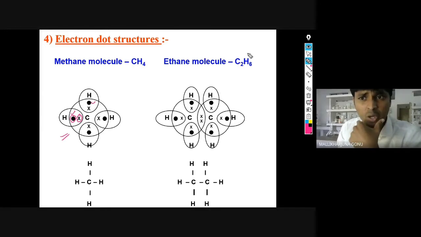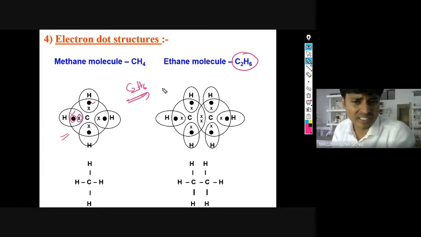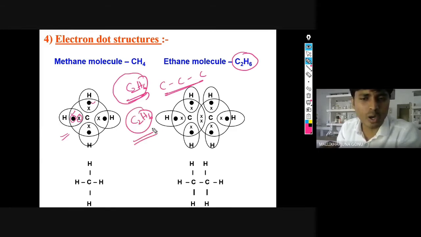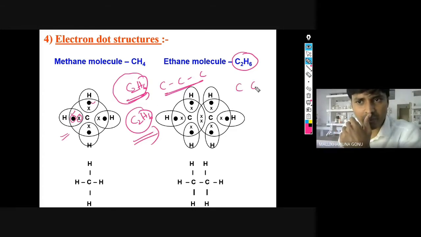So all of you, right now, C2H6 structure. What I said: carbon forms catenation. We will discuss what exactly catenation means. Carbon can form many bonds with carbon. So I have given you another structure, which is C2H6. All of you try and show me how it will look. First, you write the electronic structure of carbon and carbon. You make the bond between them, the single bond only. One single bond means what? Two electrons will be there.